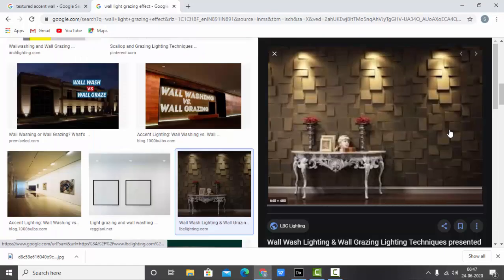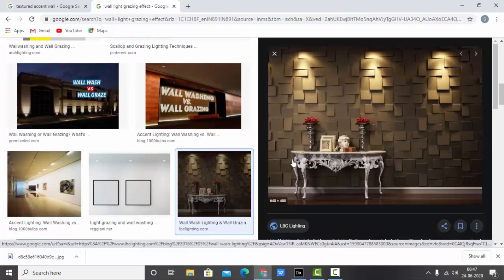You can see here this particular image. They have an accent wall and they have used some downlights to accent this wall, and it is creating some scallops. Generally, if you look at this image, it is not that interesting. It looks like they have just put some lights on the top without studying the subject.